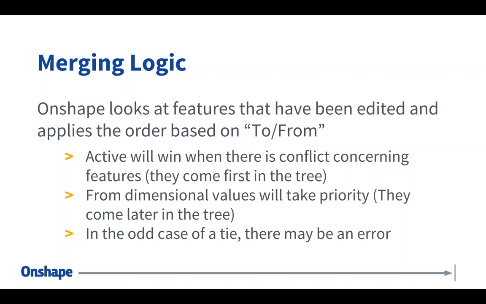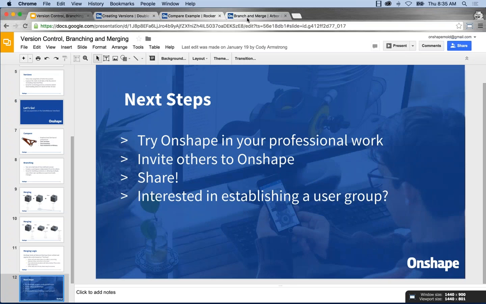Now, in the really odd case of a tie, there may be an error, but it's extremely, extremely rare. And I should say an error in the feature, not necessarily an error in the merge. So there is a logic to it. Now, I know this is a bit much to explain at first, so let's jump into an example